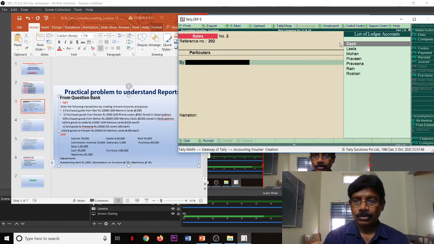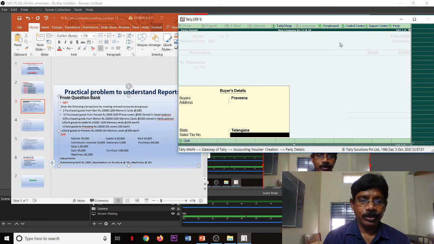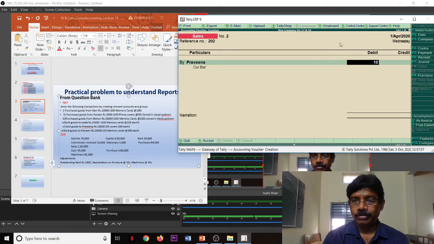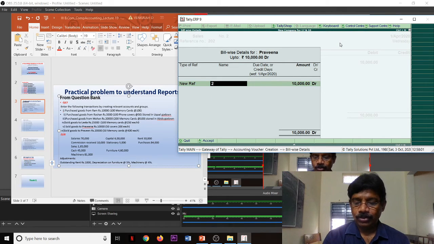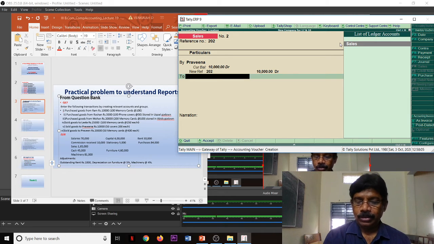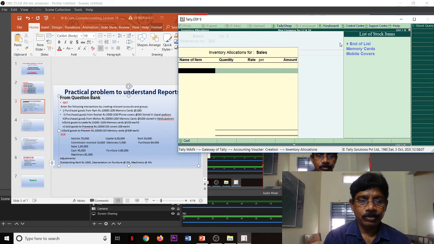202. Praveena details. Amount is 10,000. New reference 202. Sales. Name of the item: mobile covers.